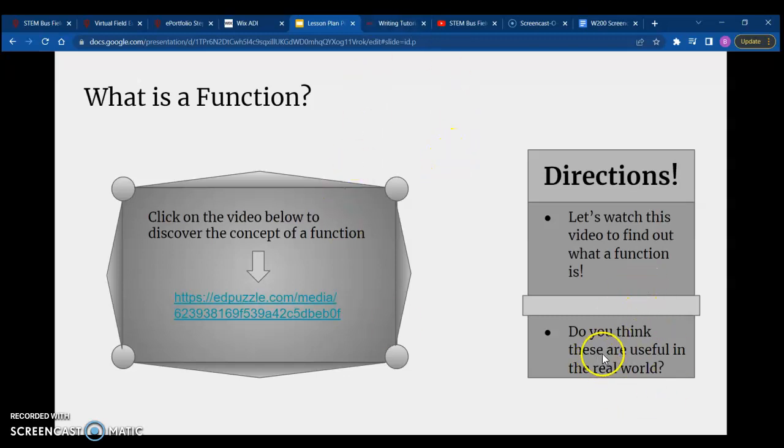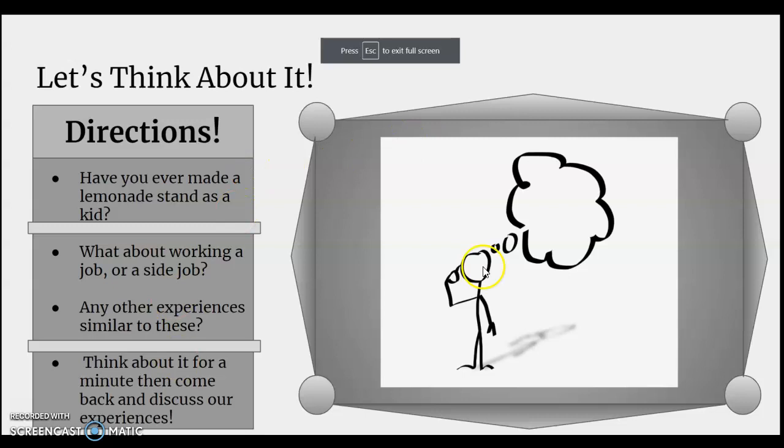From there, I'll be asking my students if they think this concept, functions, are really useful in the real world, and just have them think about that for a minute or two. And then once we get back together, I'll have a group discussion here, which doesn't sound practical at first for a math class, but by engaging students in, I'd say more of a, I wouldn't say philosophical, but just talking